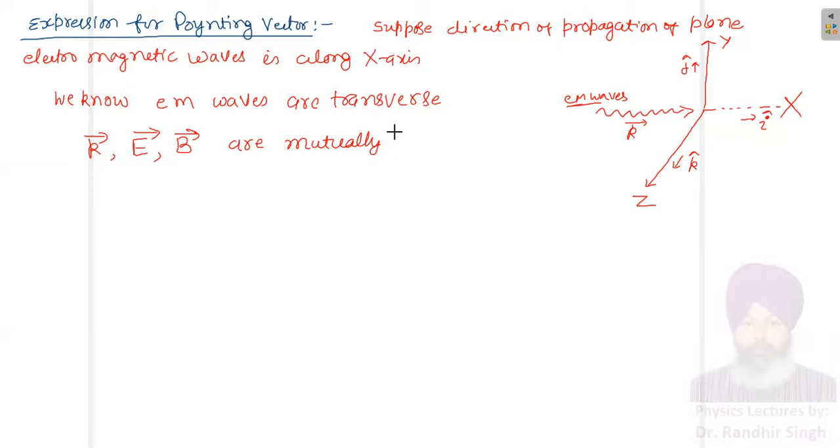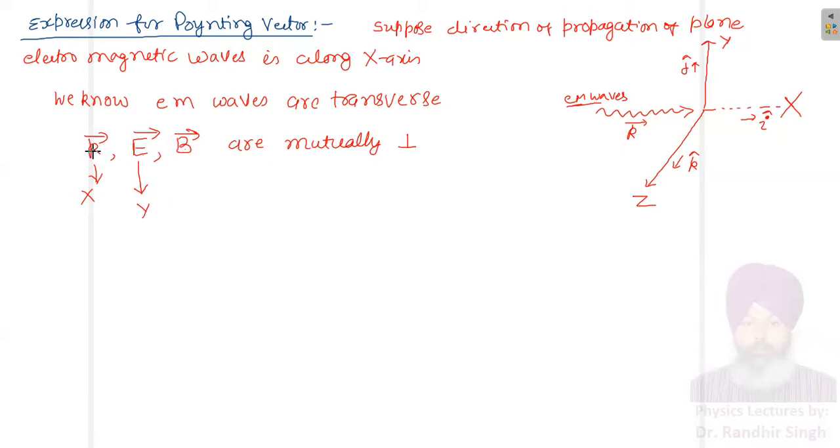If you want to see how this is true, you can see my previous lecture on the electromagnetic waves. You will find this lecture in the playlist whose name is classroom lectures. So these are mutually perpendicular. I have already taken k to be along x-axis. Now E has to be perpendicular to k vector. So suppose I take this direction to be y-axis. Now B has to be perpendicular to k as well as E.